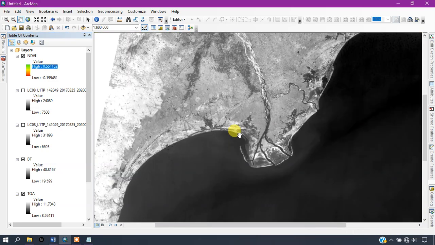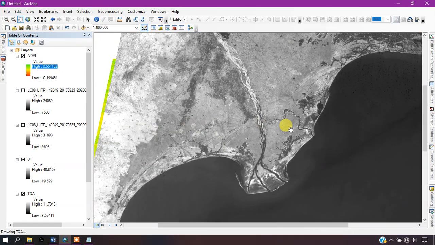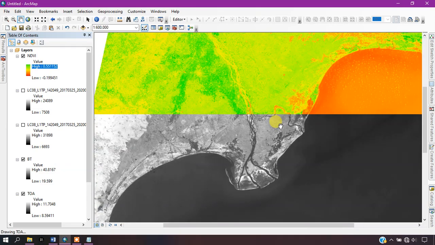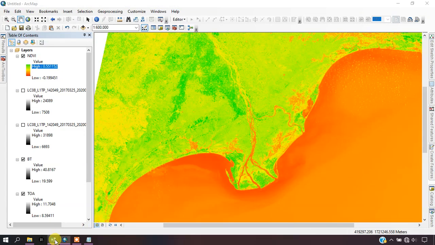And you can see the result. Once it is done, this is the third step. Now we are going to the fourth step, going back to the formula.